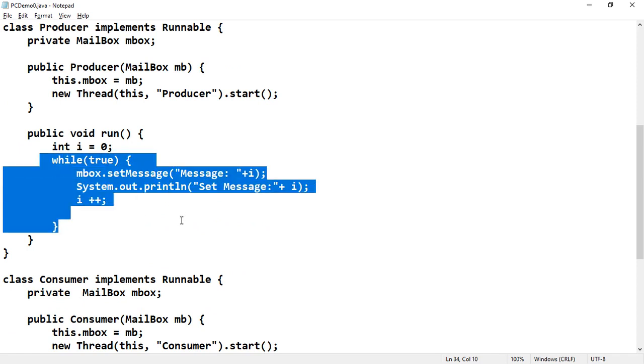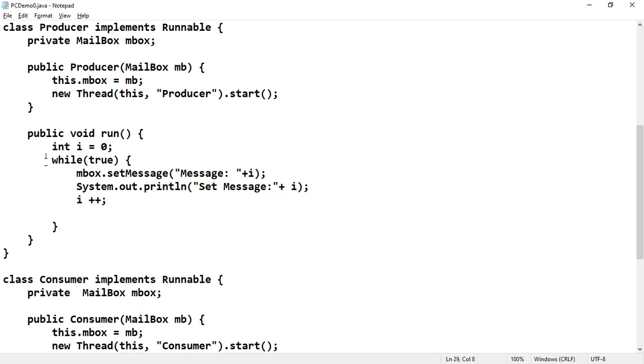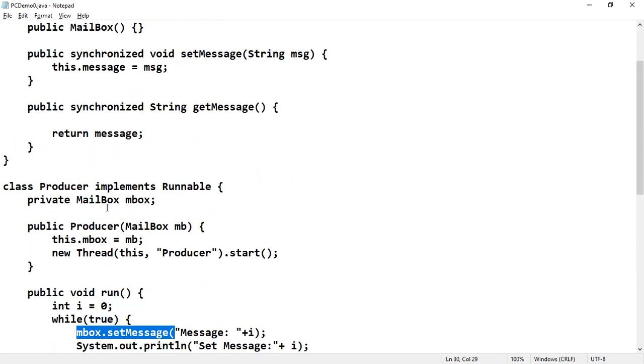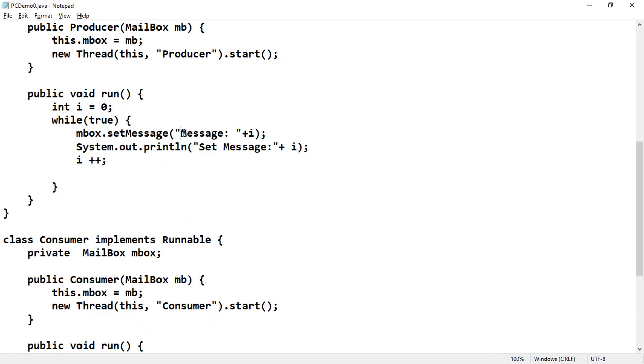This is what while true means. So mbox.setMessage of "message" plus i. That means for the 0th iteration a message was set and the i value was incremented. In the next iteration, the second message will be set, the third message will be set, and so on.